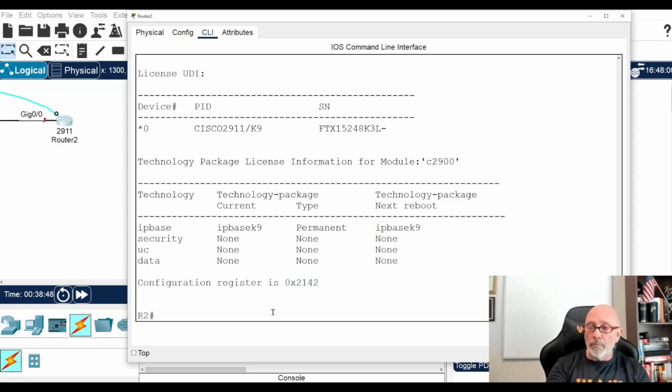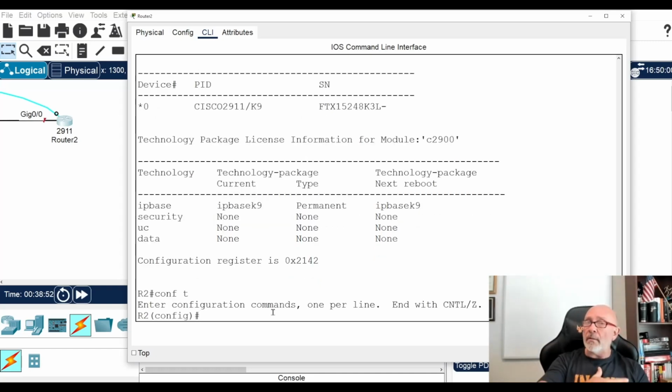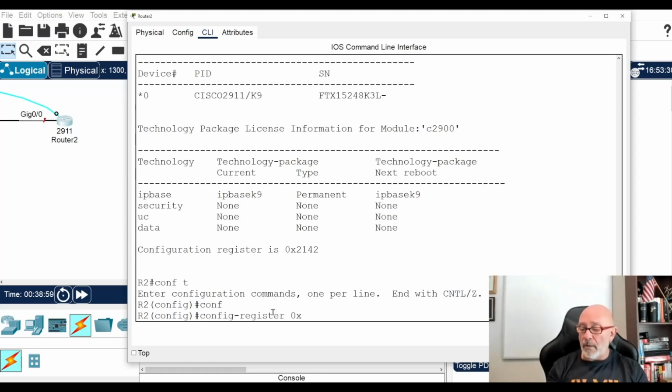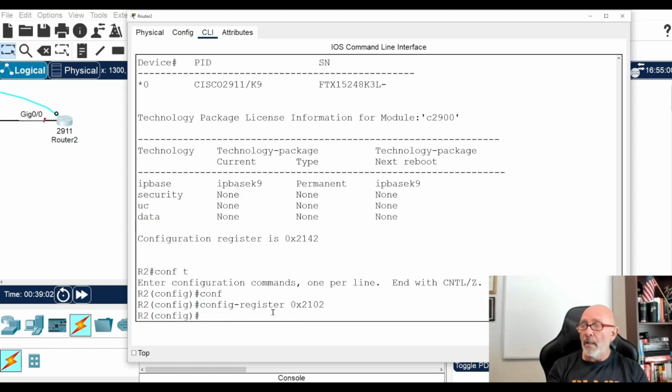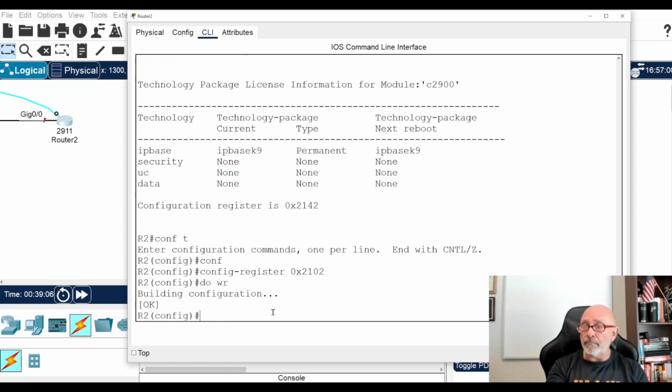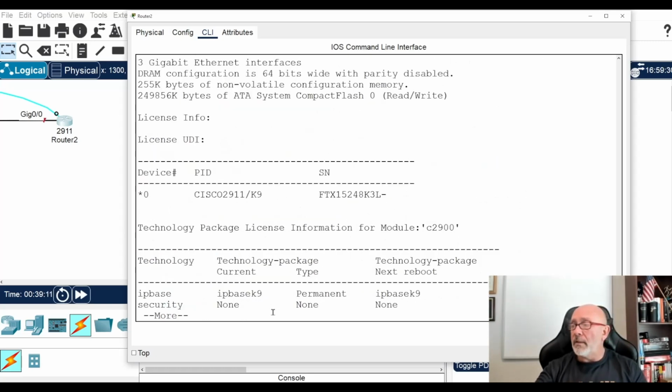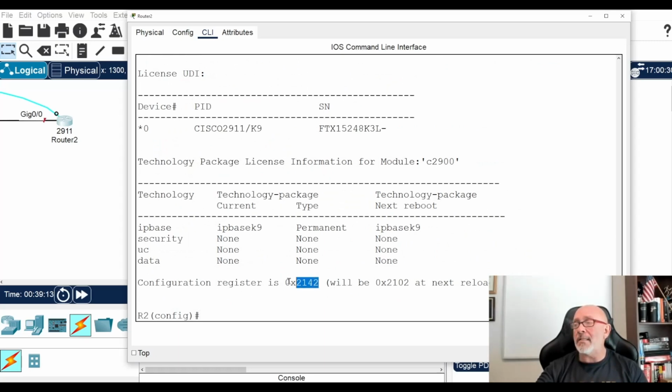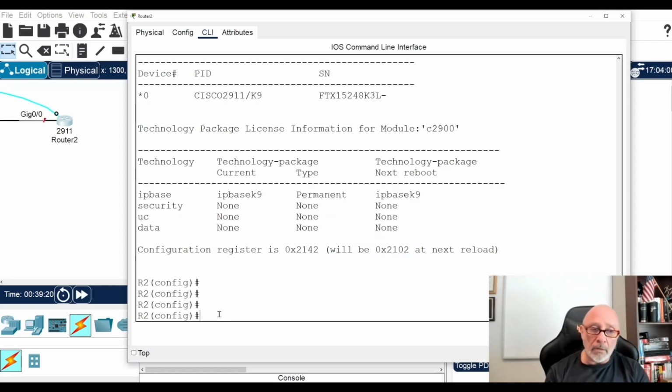All right, so you got everything up like you want it. You copied everything from the start, your hard drive, your NVRAM, into RAM. You made your changes. You got one more change to make, which is config register 0x2102. All right, let's now save it. And then you do show ver again, and you look at the bottom. It says right now it's like that, but if it reboots again, it'll be there. All right, cool. That's what you want. Awesome. No big deal.